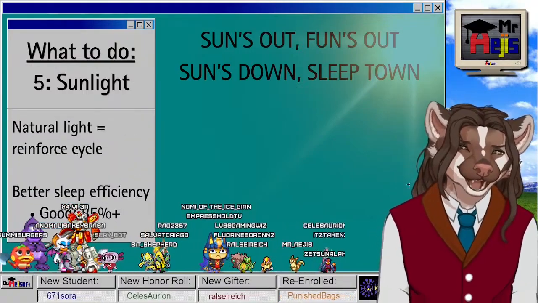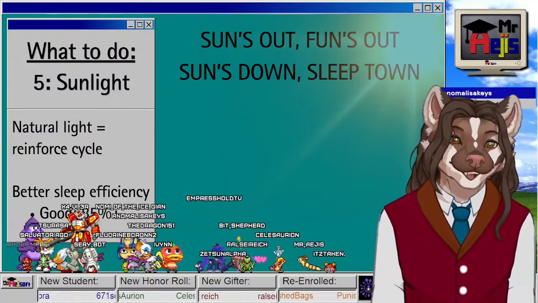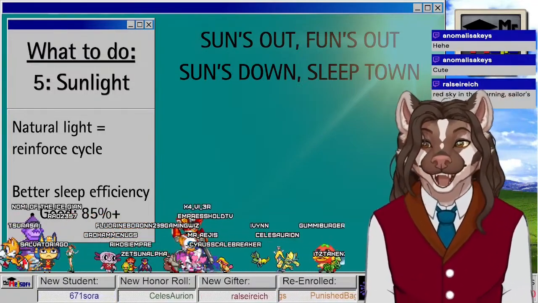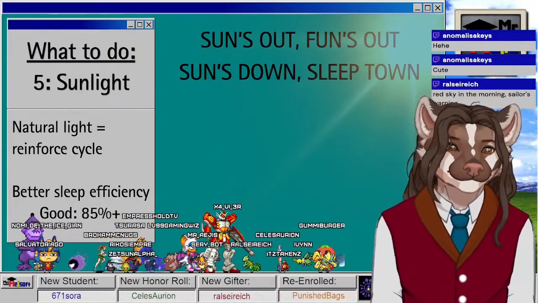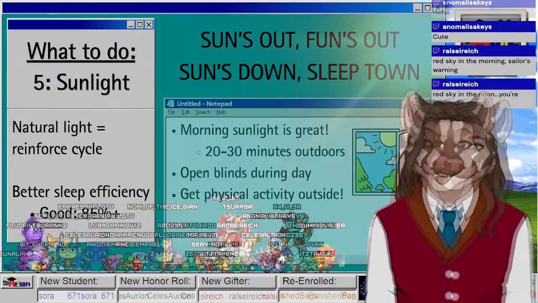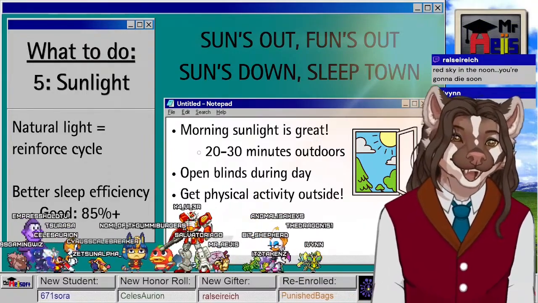But yes, getting some natural sunlight during the day helps to reinforce your natural cycle, your natural circadian rhythm. And getting some natural sunlight during the day, especially in the morning, can improve your sleep efficiency, meaning the amount of time that you're spending in bed that you are actually asleep. And again, we're just talking about the minimums. You can do more, and if you can, you should, but if you can get 30 minutes outdoors,